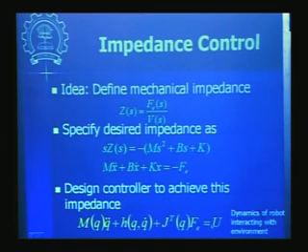So you have to choose this control U, maybe compensate for these terms, like you do computed torque kind of compensation, inverse dynamics kind of compensation, and then finally your equation should remain of this form. Fe is now this much. That is how you have to design this controller. So we will not get into details, but this is the basic idea about impedance control.